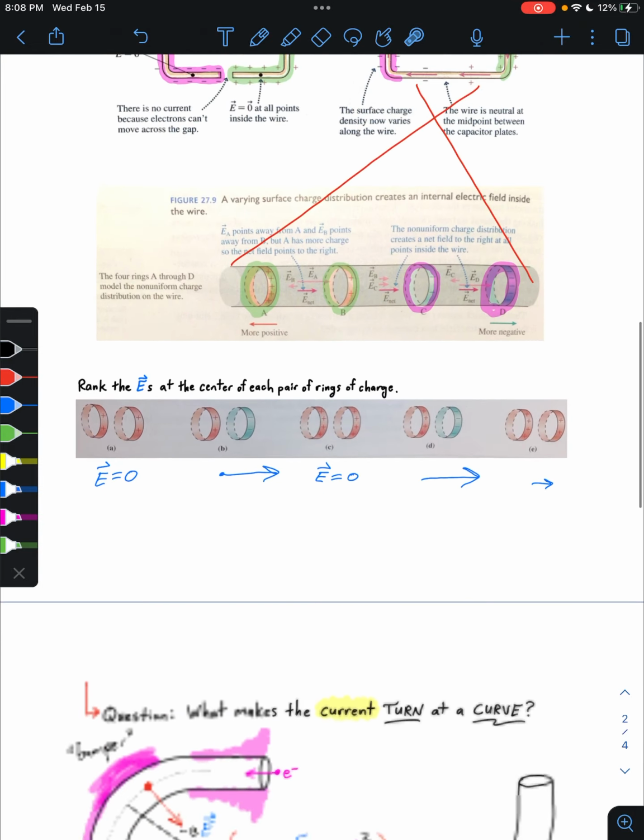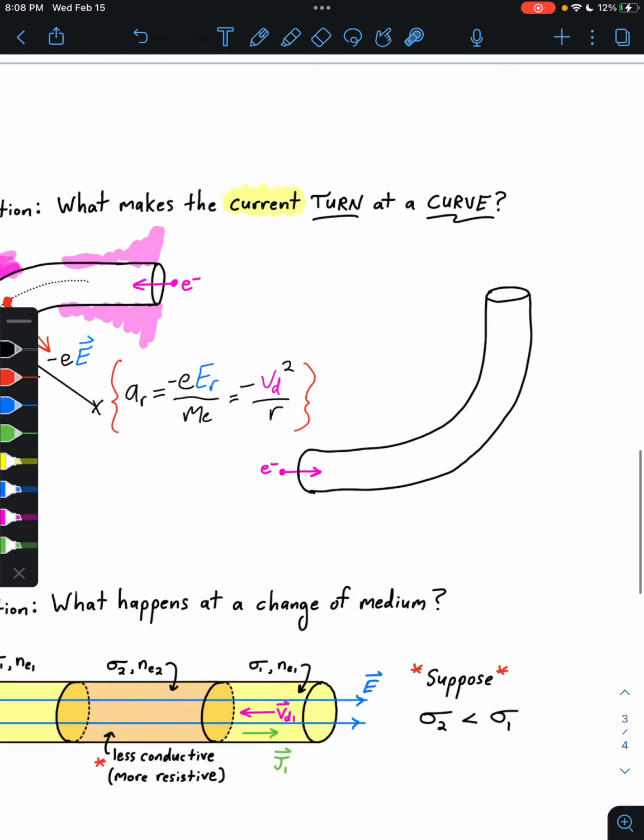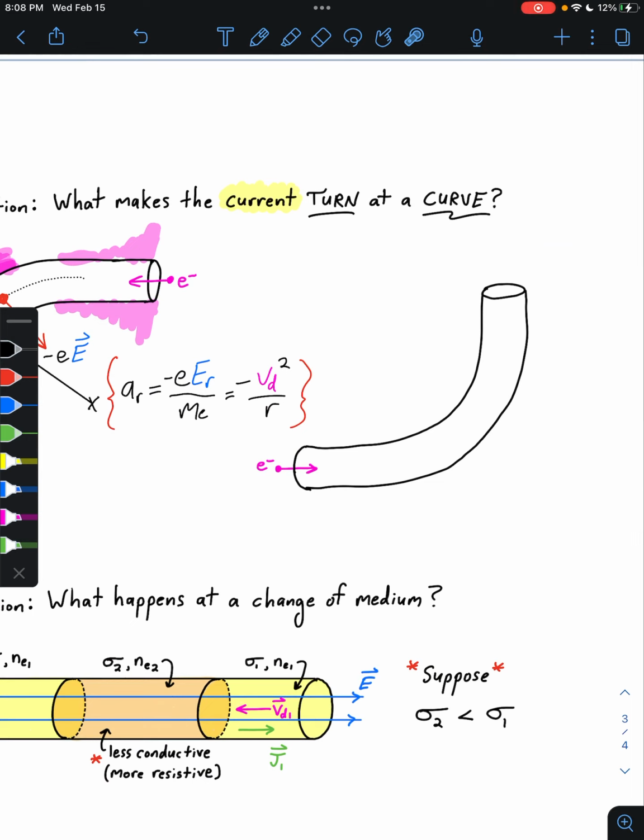How does that happen? What we'd expect here is that electrons coming in this way